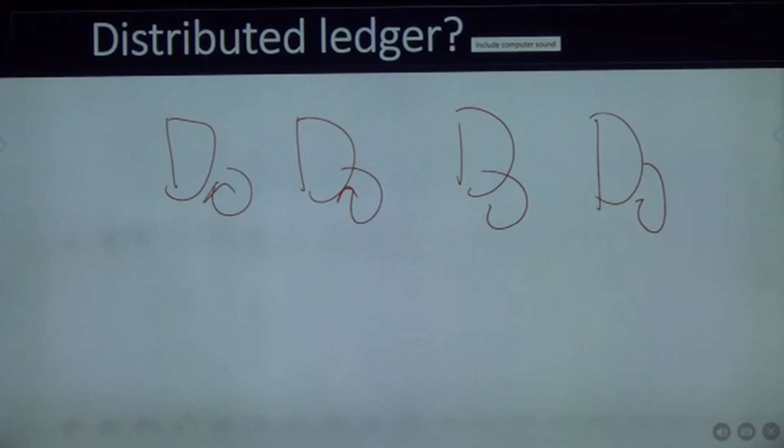For example, in the case of issuing a transcript, we say a student is applying, so he is not a node, a peer in this blockchain. Who is the peer in the blockchain? The registrar office, the controller of examinations, the dean's office, student affairs, the head of the department. So they are the peers,